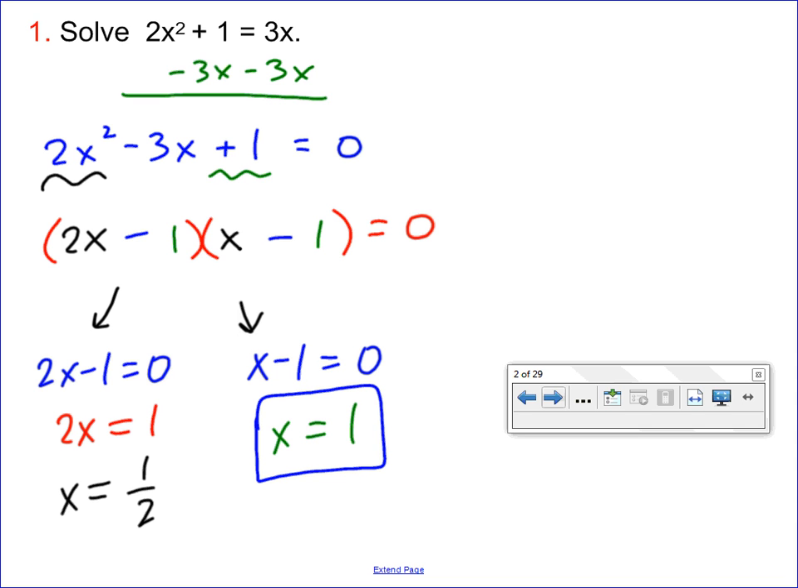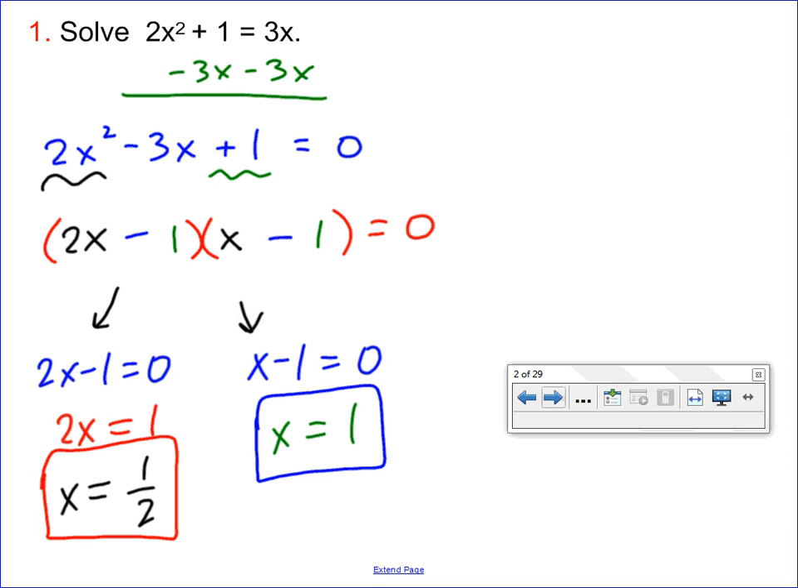That'll be a little trickier to check, but I know we can do it. 1/2 in for x squared would be 1/2 times itself. So 1/2 times 1/2 is 1/4. 1/4 times 2 is 1/2. 1/2 plus 1 is 1.5. Does 1.5 equal 3 times 1/2? 1.5 equals 3 times 1/2. 1.5 equals 3/2. So yes, we found both solutions, and we know that there's no more hiding out there because